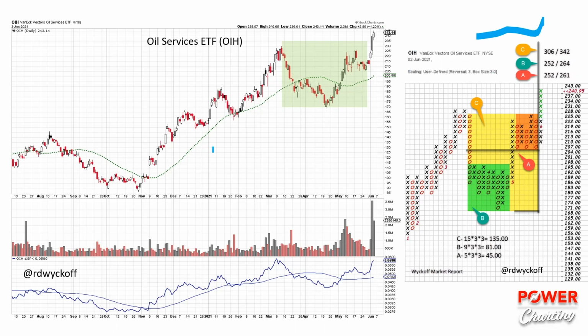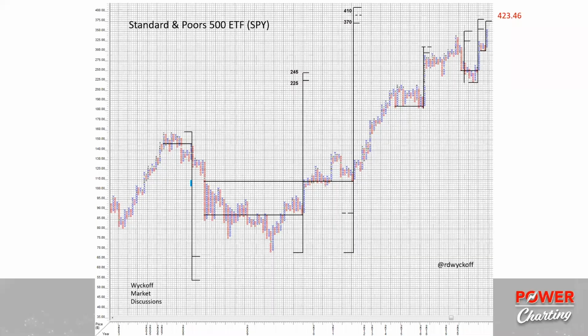So you can see how, look at this really incredible advance from October to the present. This group has become quite hot after really being out of favor for a very long time. Now, I'm going to show you some other long-term point and figure charts, and we'll end on this, I'm sure, because we're running out of time, but we'll keep going. I've got many more charts to show you.